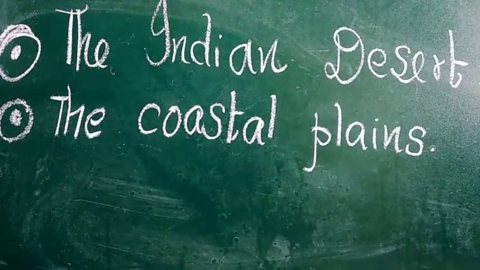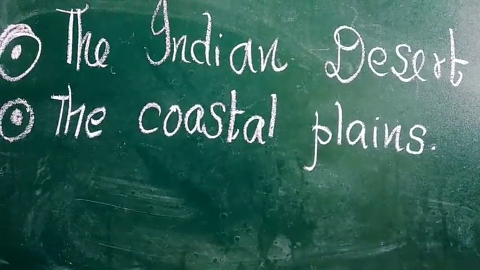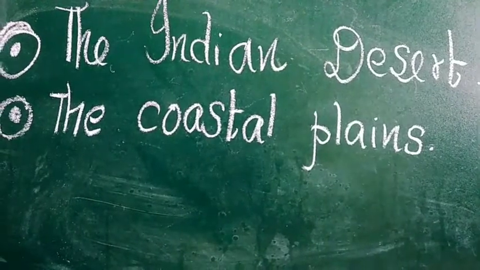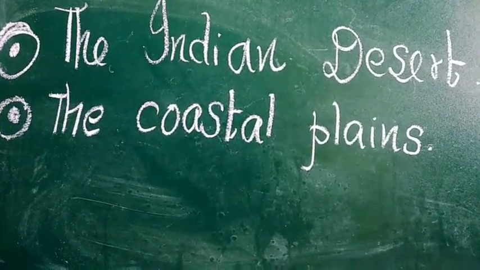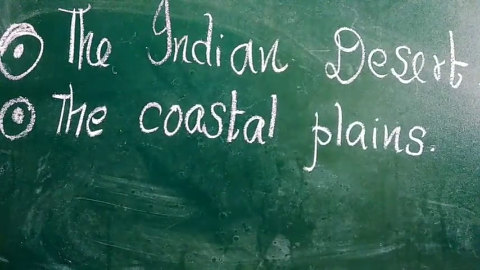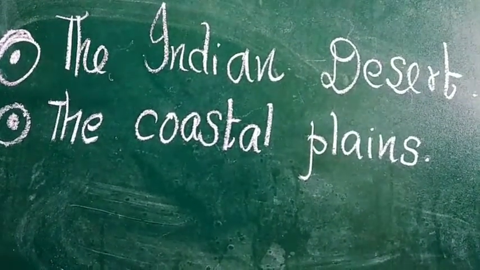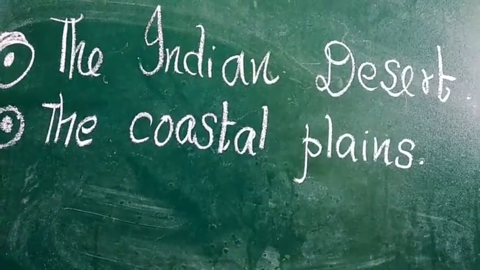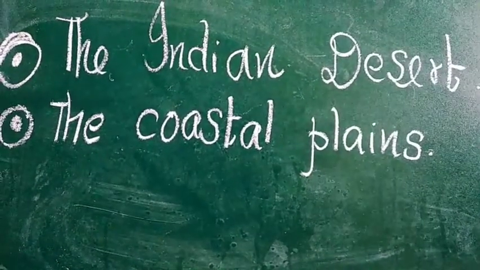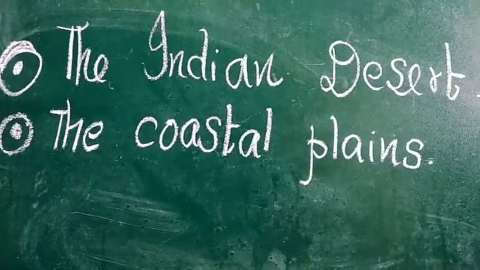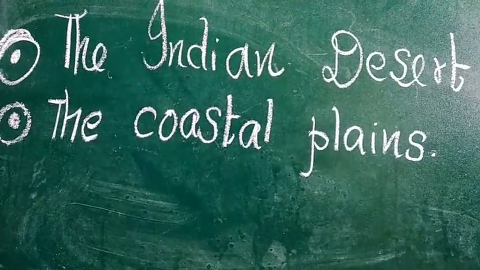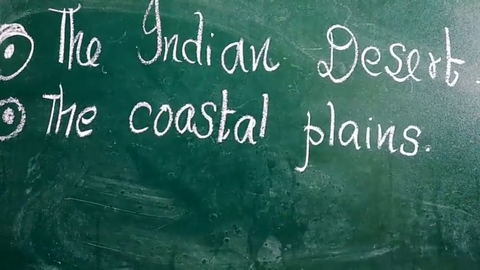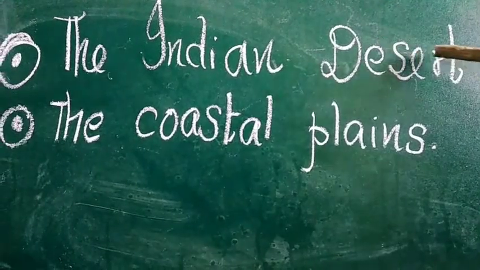Clear, everybody? What are the features of the Indian desert? It is covered with sand dunes, receives very low rainfall, and has an arid climate. Next, low vegetation. Streams appear only in the rainy season, and soon after they disappear because they have no water to reach the sea. Only one large river is there in this region, known as Luni. I hope our first topic is clear for you.